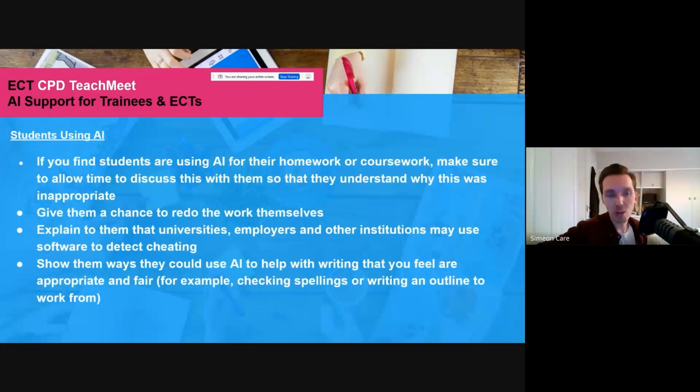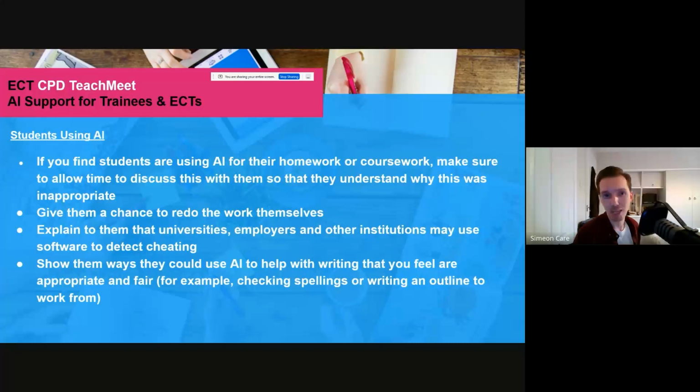Right, so what about the flip side? What about your students using AI? A common concern is, what if they start using AI to do all their work, their homework or their coursework? What should you do if that happens? I think that's very much going to be dependent on the teacher and the school. I suspect schools might even need to include it in policy.